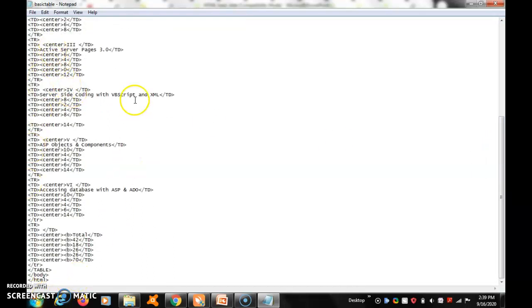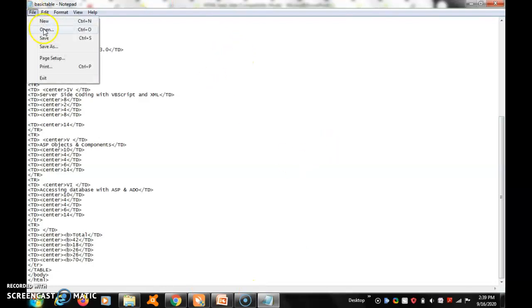So here all the data is available. Finally you are going to close. Every time, that TR table row you have to close here. TD every time you have to close, line by line you have to close the table data. Then finally the table you have to close, and then the body also you have to close. At the end of the program, HTML also you have to close.